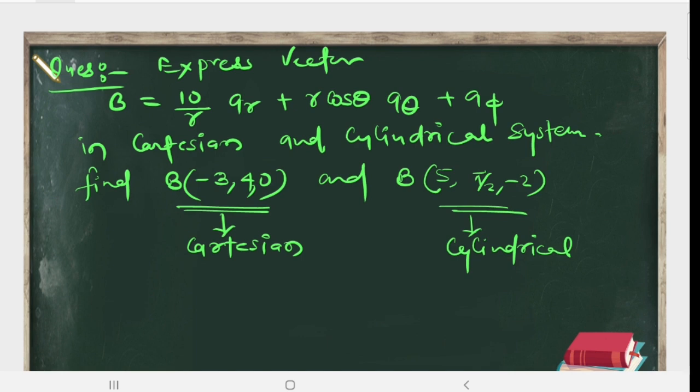So you have to find the relationship between the Cartesian system and this vector, which is given in spherical coordinate system. By seeing the expressions, you can decide that this vector is given in a spherical coordinate system. So first we have to convert the vector which is given in spherical coordinate system into Cartesian system. Then